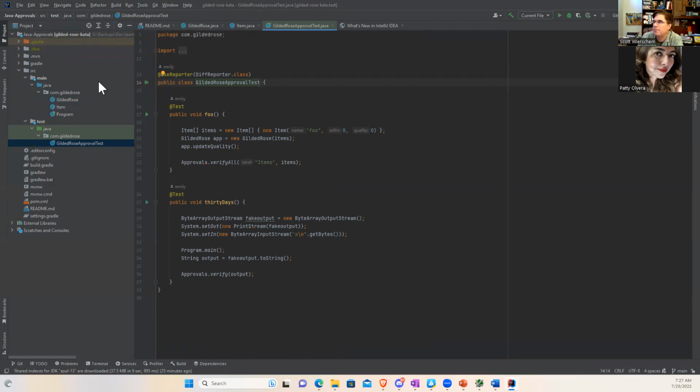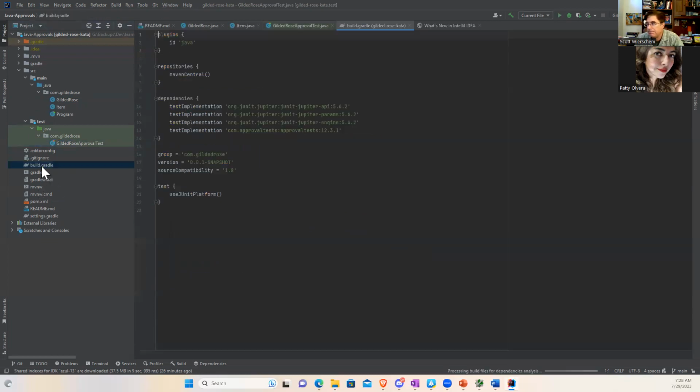Let's, no, let's try it. Well, okay. So there is an open source library that I use that I also contribute to, and it's called approval tests. And so here we're using